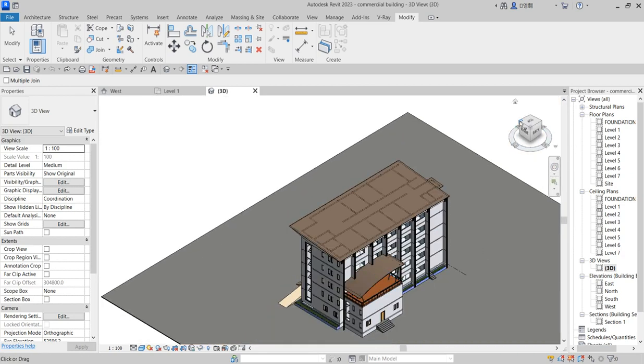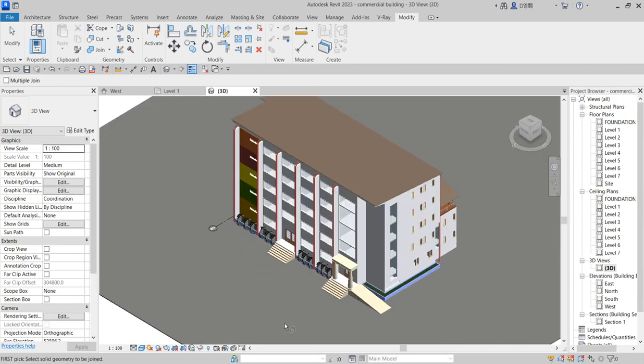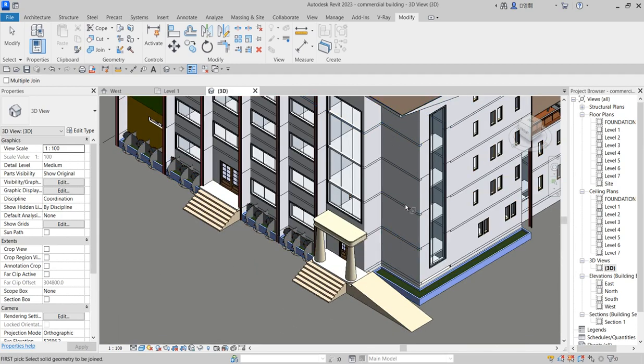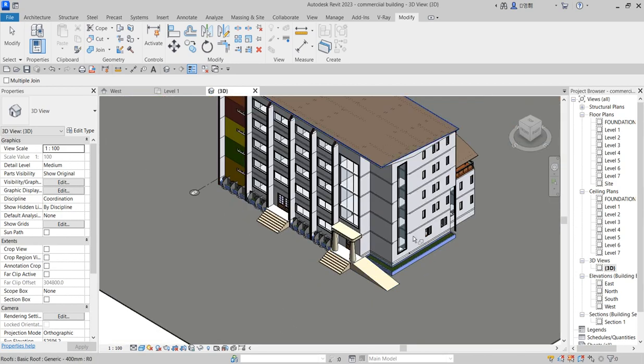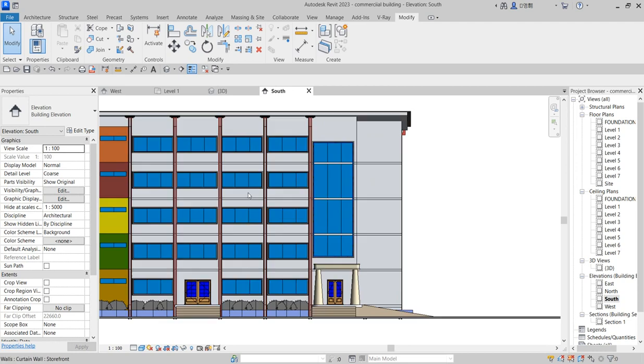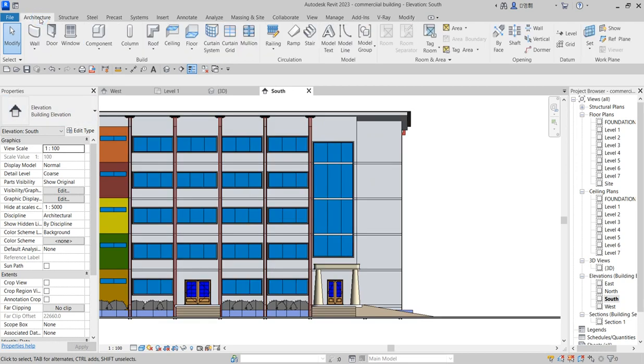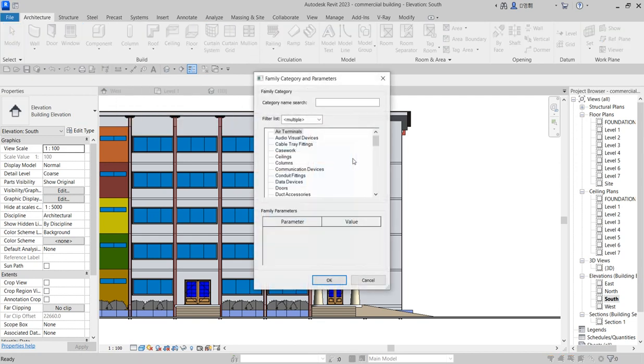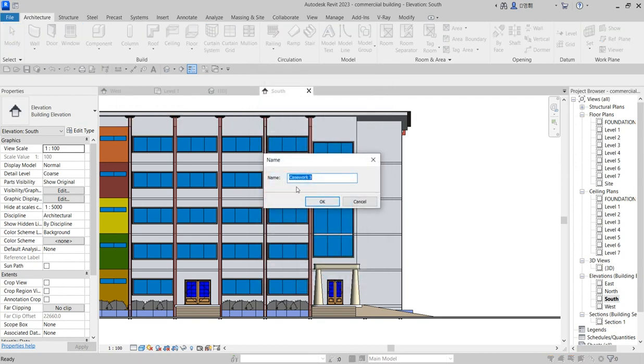So let's go. Before we go, we need to write the description of the plaza at this space, using extrusion. Go to south elevation. On the south elevation, click on architecture, then click component, model in place. For the model in place, select casework, and you can describe it as a board, signboard, or post. I'm just using sign